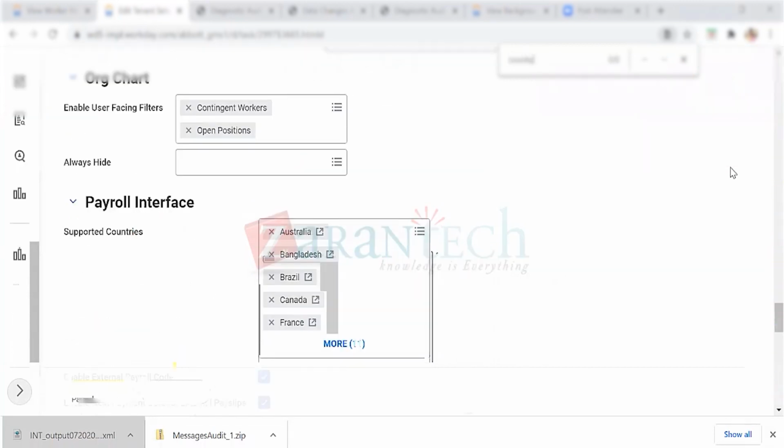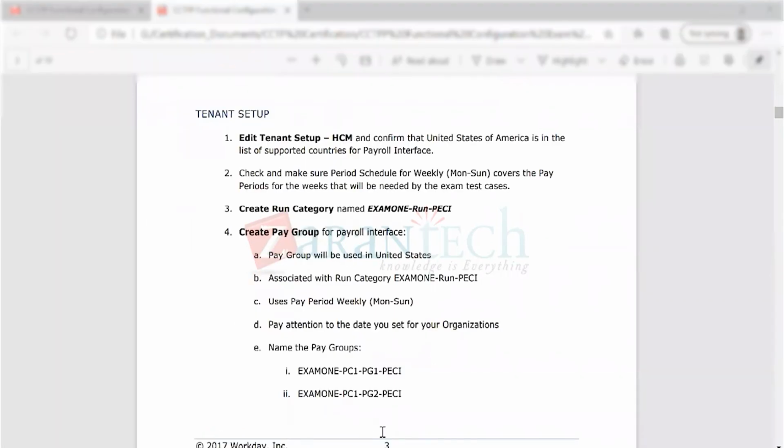Under payroll interface, the supported countries, for example, if you're doing a payroll for Australia or a payroll for France, you have to choose it from here. You have to choose, and then I'll show what the option is. First, you have to make sure the setup is ready. That's the first step. Second step is